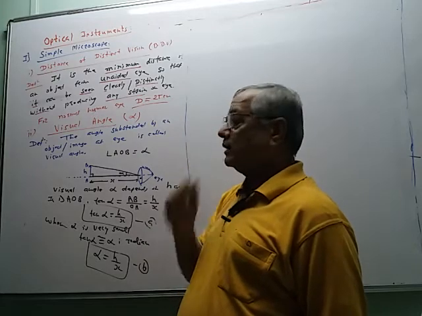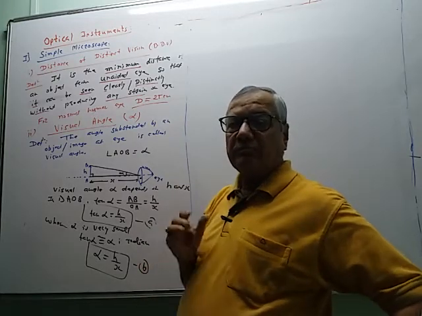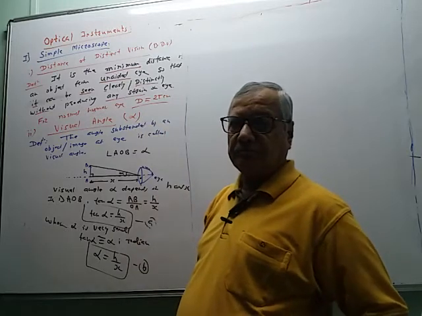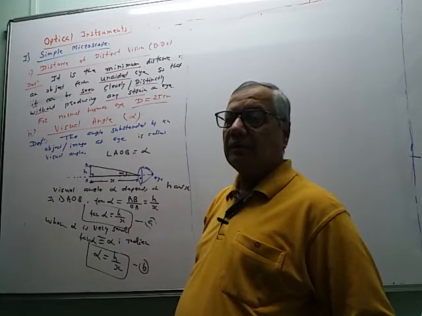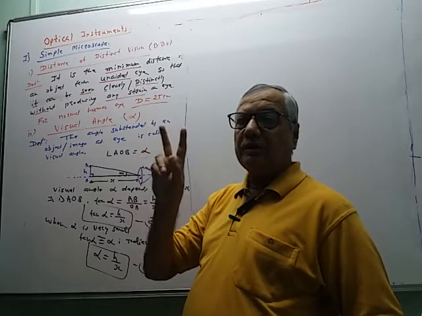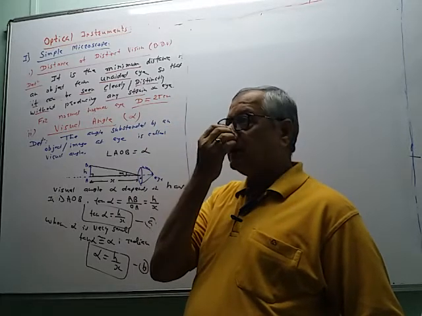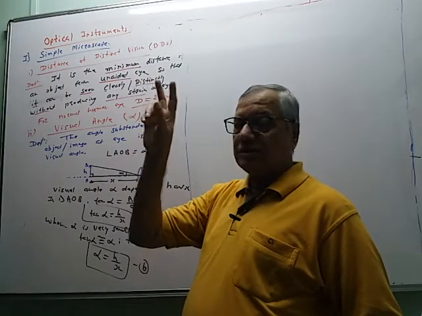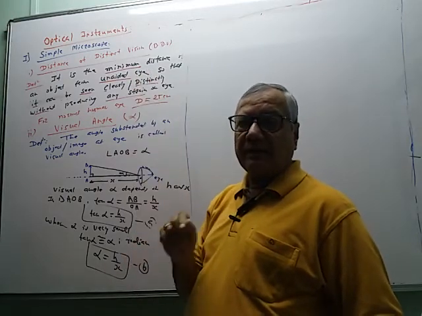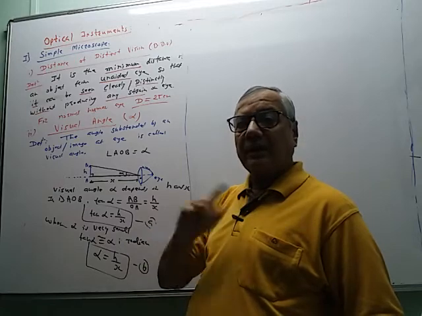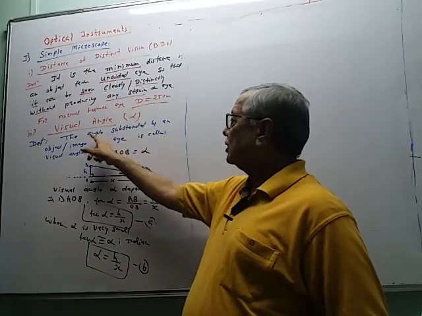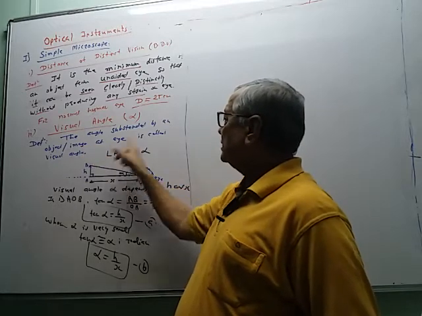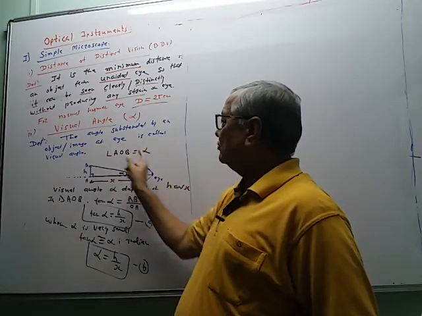Now this is the second term, visual angle. Actually, we saw this term in the topic of measurement, where we called it the parallax angle, the parallactic angle. For two heavenly bodies, two stars S1 and S2, observed by a telescope, the two stars make some angle at the telescope. That angle is called a parallactic angle, it is a visual angle. So the angle made by the object or image at the eye is called the visual angle.